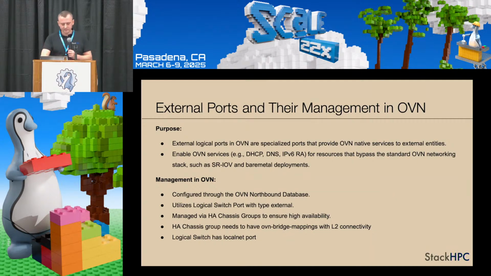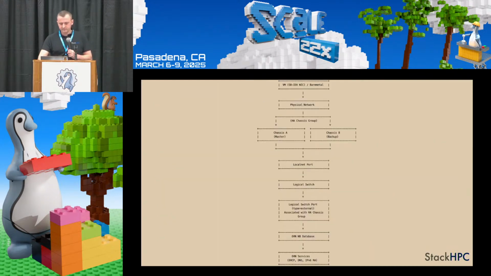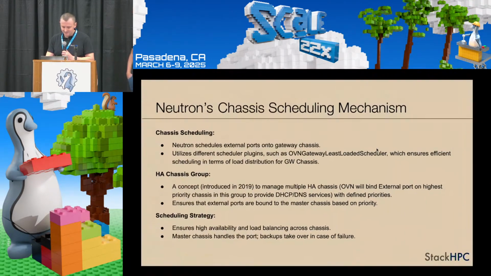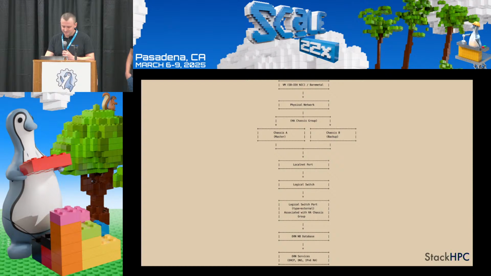Okay. Very good. So I tried to replicate a bit the OVN documentation in terms of styling, at least. Sorry. No, that's not good. That's not good. Okay. Anyway,